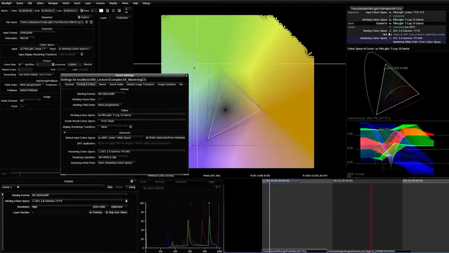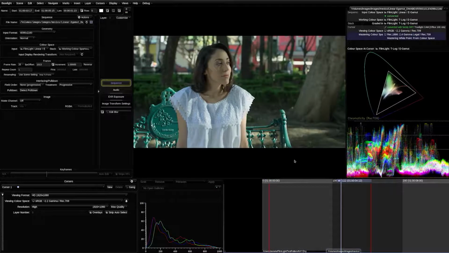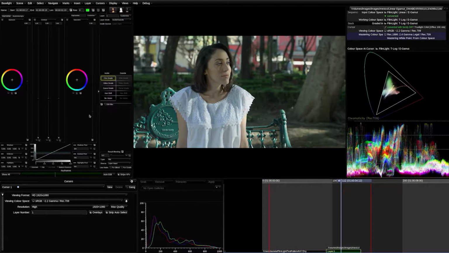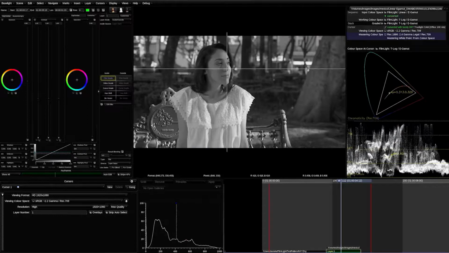The second use case in the mastering color space is the white point handling. Let's desaturate the image to get a clear view on the neutral axis. Now red equals green equals blue. But what does red equals green equals blue actually visually mean? In typical workflows, the white point is dictated by the technical white point of the display, or it is referenced in a standard. But this can be a creative choice, or at least you want to explicitly define the white